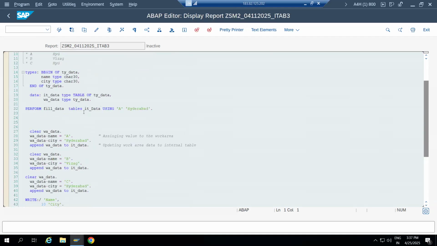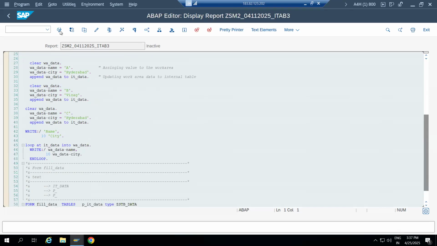We have started a concept called modularization technique, which is used to modularize the code, meaning it can be reusable and easy to read, and it will divide the main program into subprograms or small blocks. As a part of this concept, we have seen includes or include programs, then subroutines. So in this subroutine,